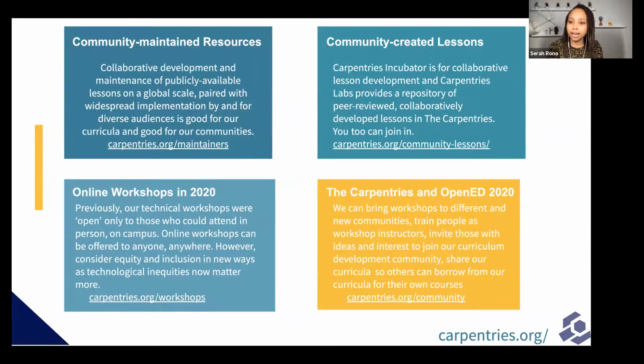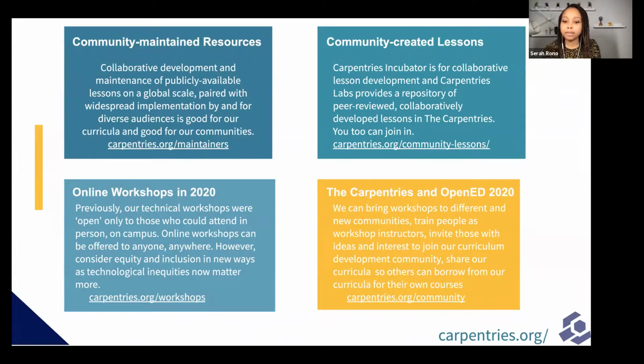And as we conclude, we want to talk about the Carpentries and you, the attendees of Open Ed 2020. So the Carpentries can bring workshops to different and new communities.